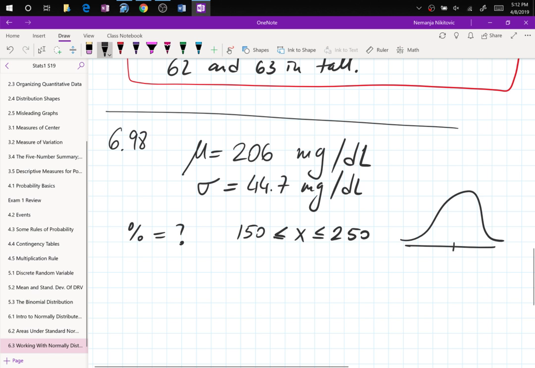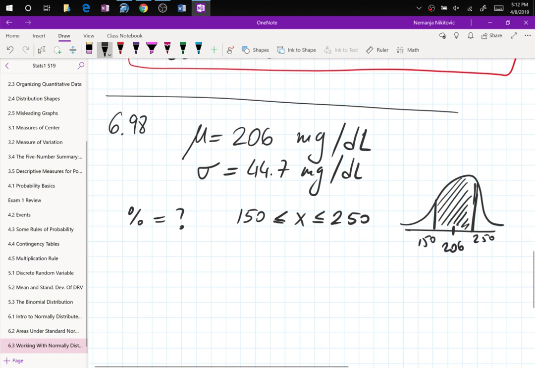We have a normally distributed curve. The middle is 206. They give us 250. And they give us 150. And they're looking for the area in there, because the area in between is the area right between the two numbers. So again, Z1 is